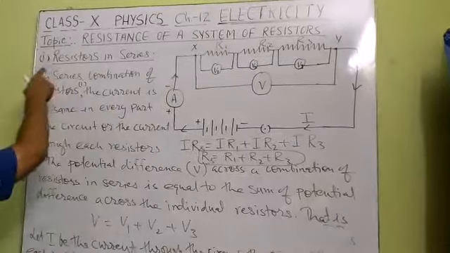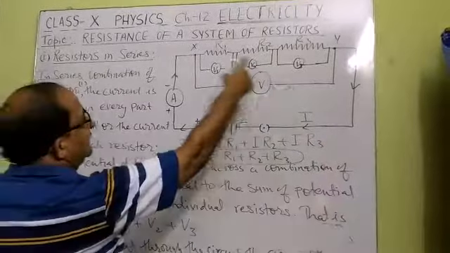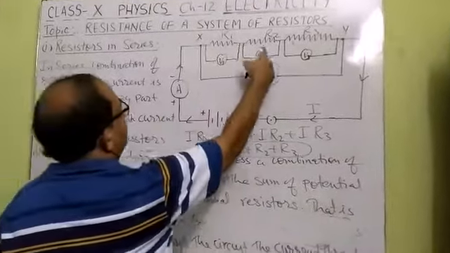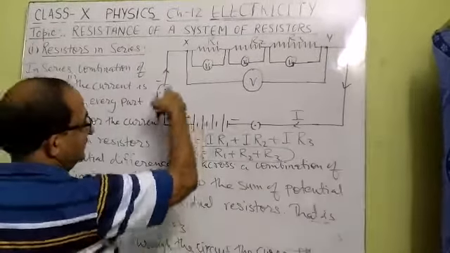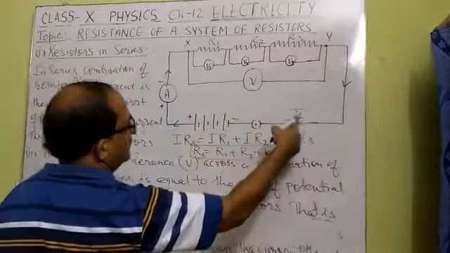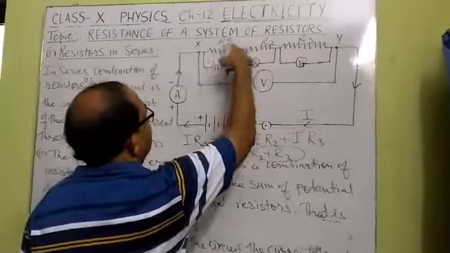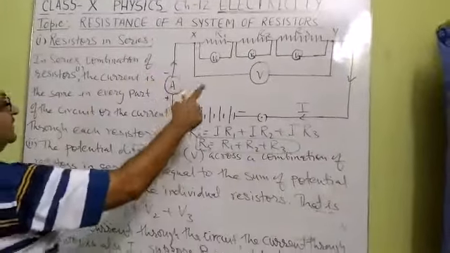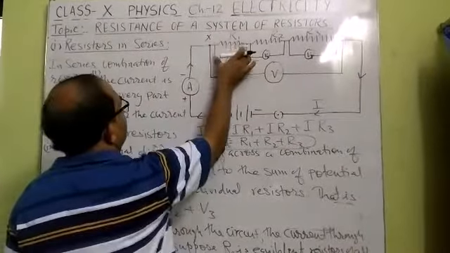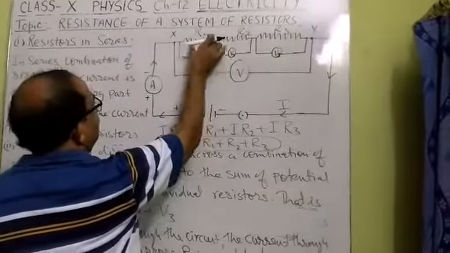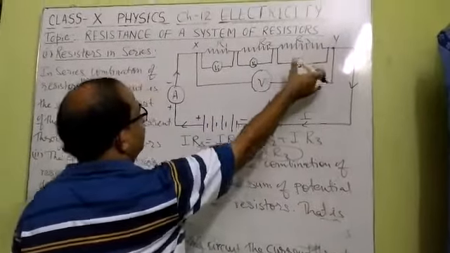We shall find that. For this, the circuit is already drawn. There are three resistors R1, R2, R3 which are connected in series, an ammeter connected in the circuit, a battery, a key, and the amount of current I flows through the circuit. For calculating the individual potential differences, we have connected individual voltmeters along R1, R2 and R3, all connected in parallel.